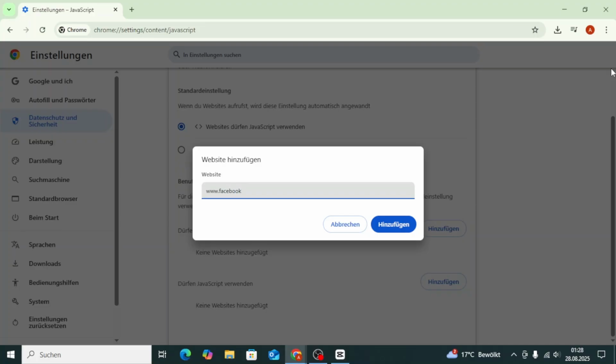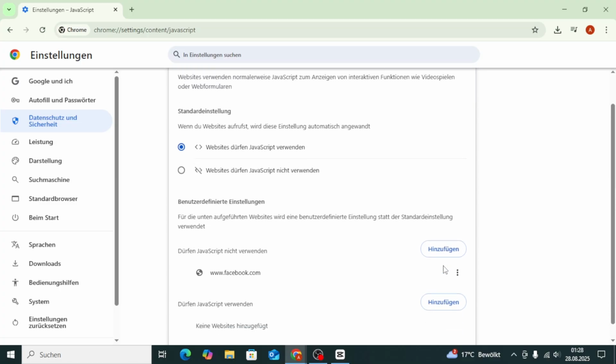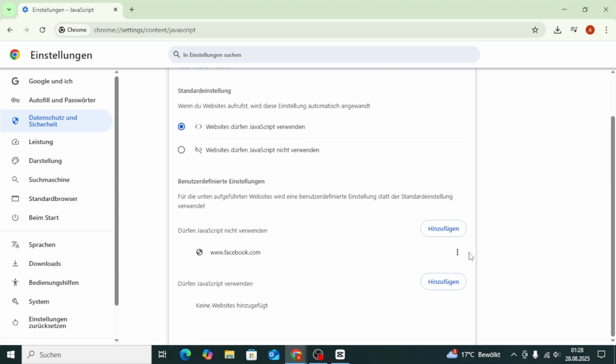Step 5. Restart Chrome. Once you've added the site, close your Chrome browser completely. Then reopen it. Now, when you try to access that website, it will no longer load properly. And that's it. You've successfully blocked a website on Chrome